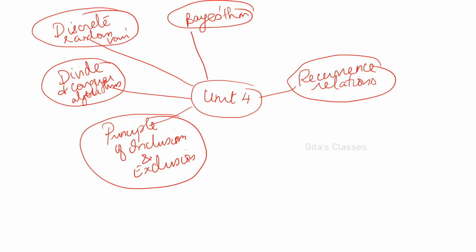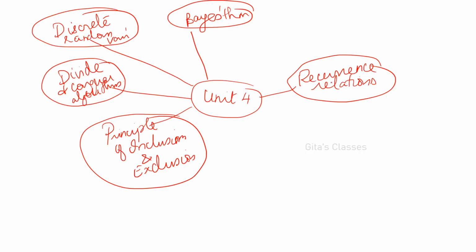And recurrence relations, we have. In Unit 4, I want to tell you, this is the smallest unit and you can expect almost all direct questions. If you are thorough with these topics, it is very easy. There will not be any twist in these questions. Maximum direct questions: solve the recurrence relation or explain the algorithm, like that only. Everything will be very easy. Easiest unit is Unit 4.